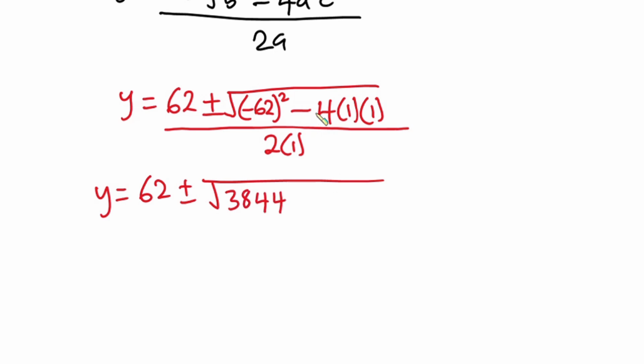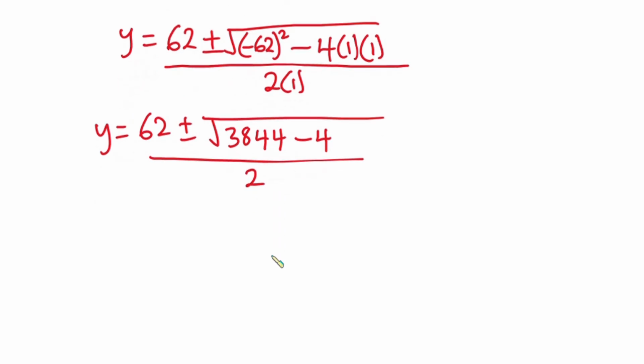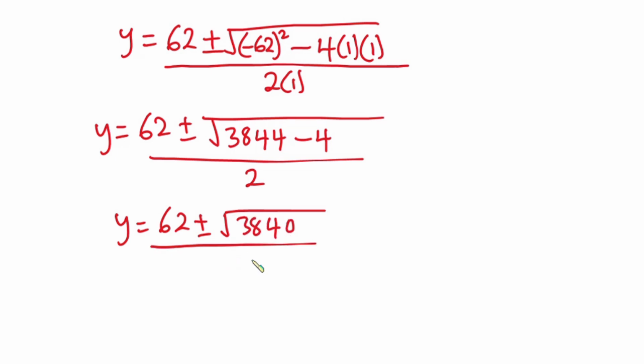Okay, then negative 4 times 1 is still negative 4. Okay, all divided by 2 times 2, which is equal to 1. Now let's go ahead and then simplify it. We have y is equal to 62 plus or minus 3844 minus 4 is 3840, all divided by 2. Okay, so this implies that y is equal to